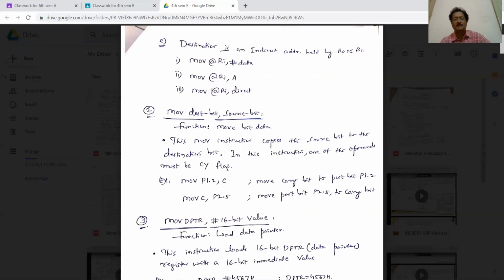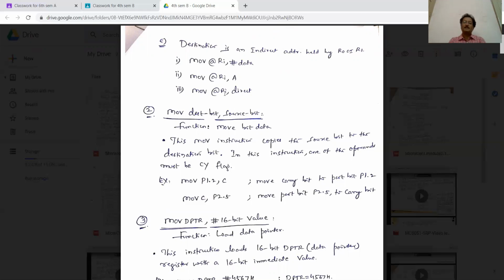And here also, if I write something like @R0 comma 37H, content of the 37H memory location will go to that memory location which is pointed by R0. So it is indirect. Okay, directly it will not go. In between one register is used here, that will take care of it. That is R0 or R1.